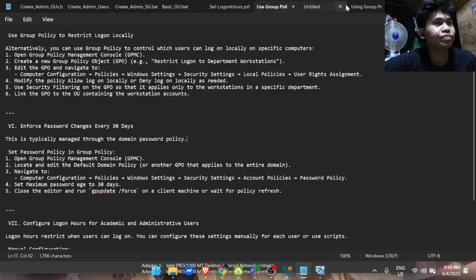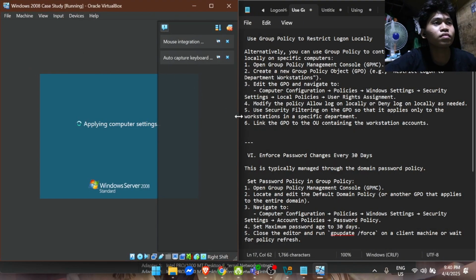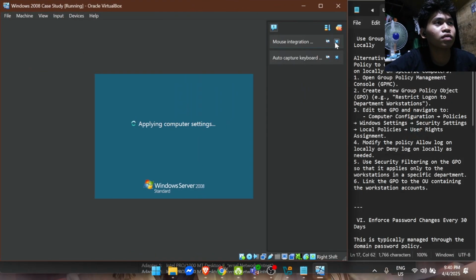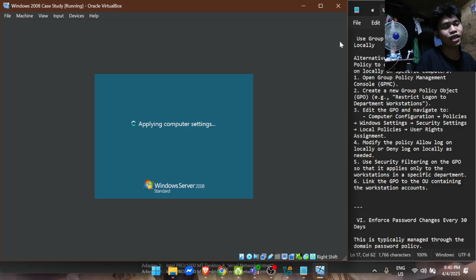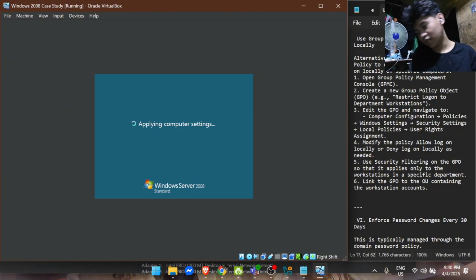Okay, good. So we'll attach the notepad for our guide. Oh, not this one yet. We'll do this later on. Let's focus first on the creation of organizational units.